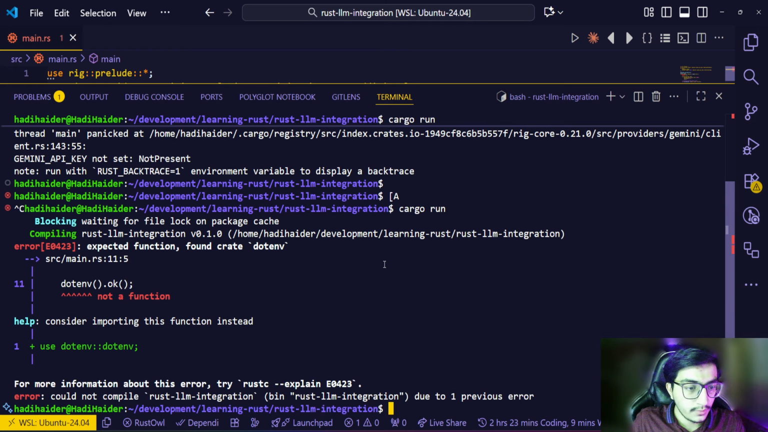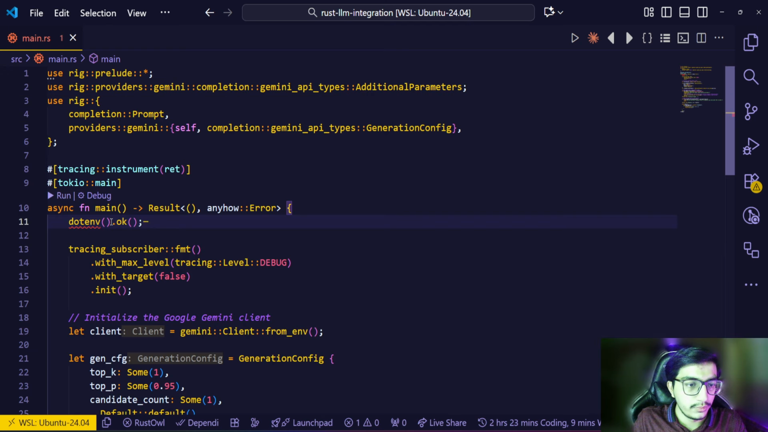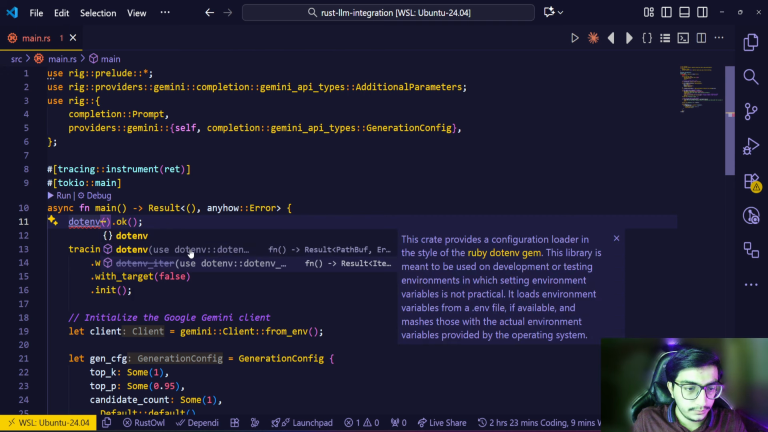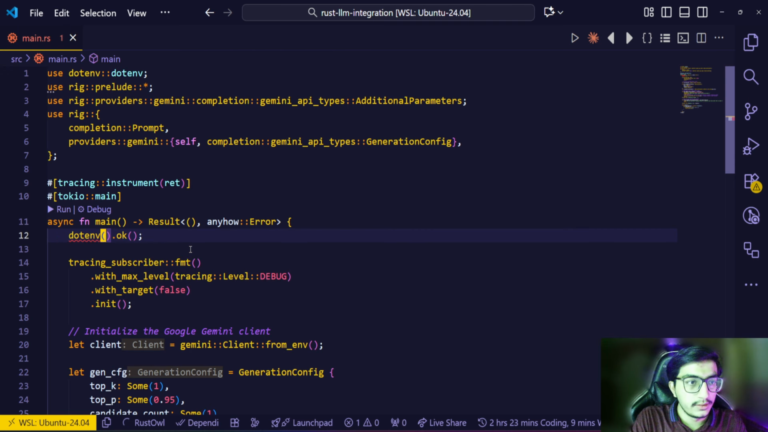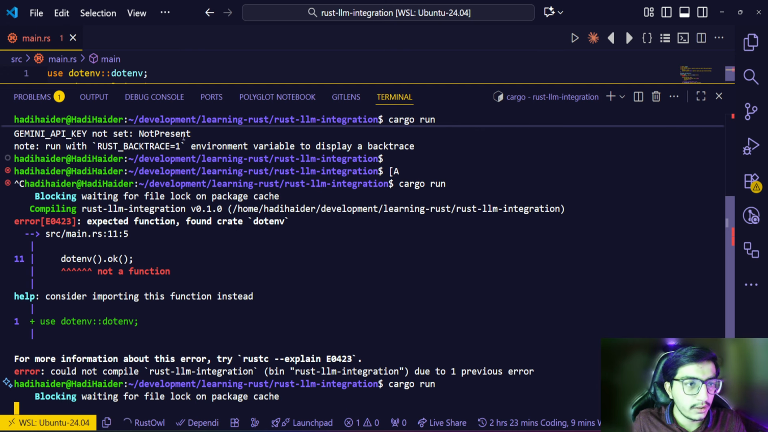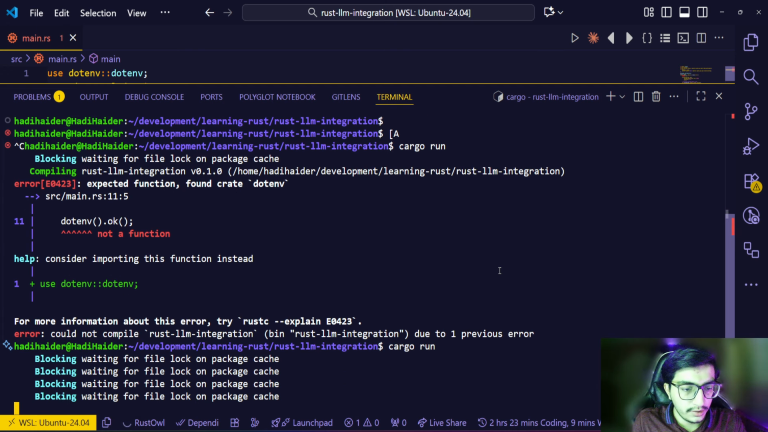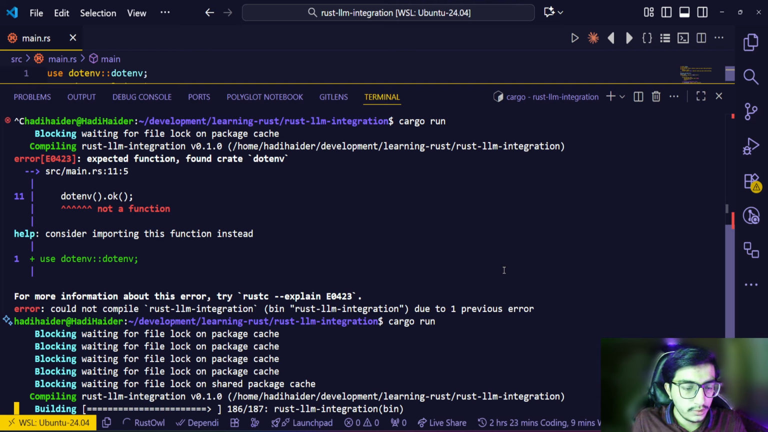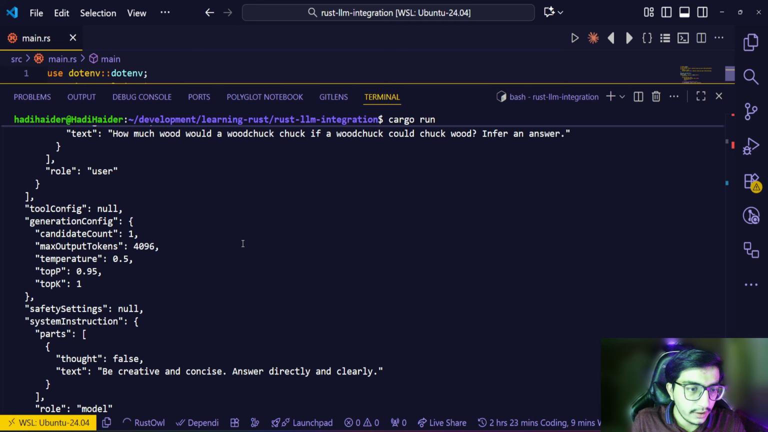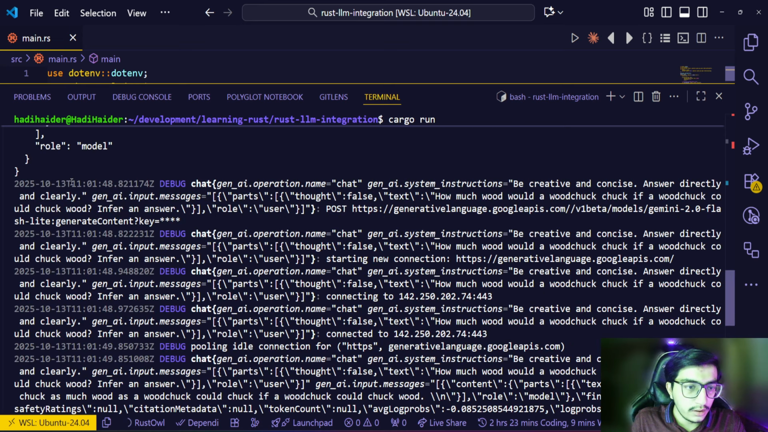So that is not a function. Let's just import .env, save it and rerun the command cargo run. So I hope it will run now. Ta-da. Waiting for file lock, shared package. Okay, so all right, here you can see the logs, debug logs, the tracing chat, Gemini AI operation name chat, Gen